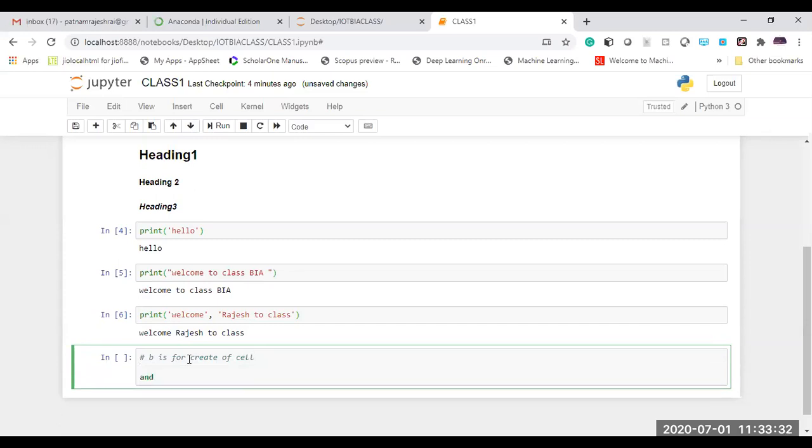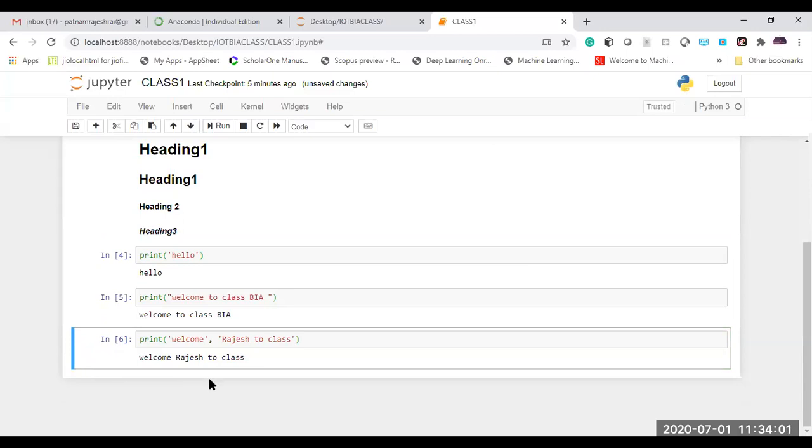And one more, D, if you press D two times, then you can delete this cell. That is possible when the indication of this input line is in blue. So now I can delete the cell by using the double D option. It is deleted. So this is the basic option of how to insert a cell, delete a cell, and how to write the string operations by using all these steps here.